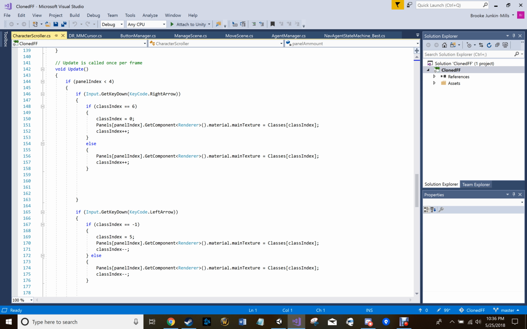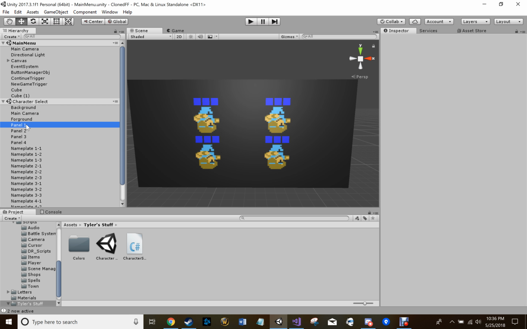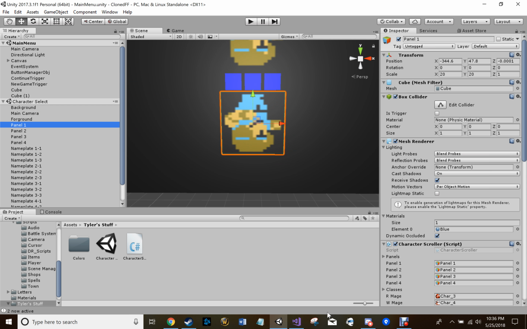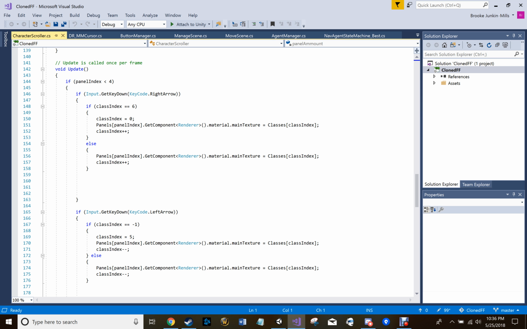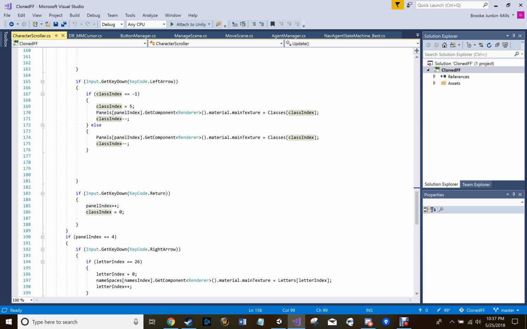So when you go right, it will change the panel, which are these things. Change the panel that has the character on it to whatever your class index is at, and then adds the class index. When you hit the left, it goes back, and then when you hit enter, it